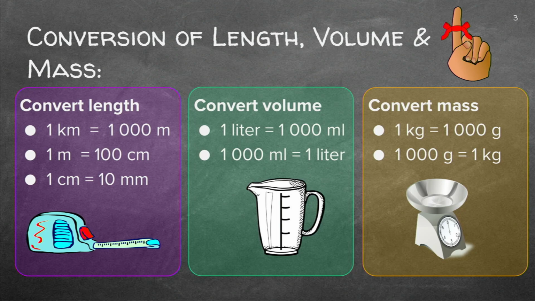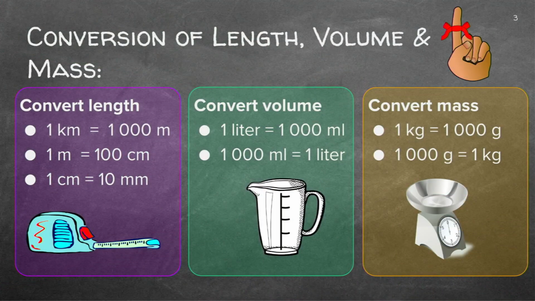So when you're in the shop with somebody and you take a bottle of cool drink or milk, whatever, that's measured in volume. Tell the person you are with, this is 1.5 liters, so this will be 1,500 milliliters. And the person with you can correct you if you're not right. In that way, you can practice your conversion of mass, length, and volume. When we look at mass, we're going to talk about the units kilogram and gram. So 1 kilogram equals 1,000 grams.